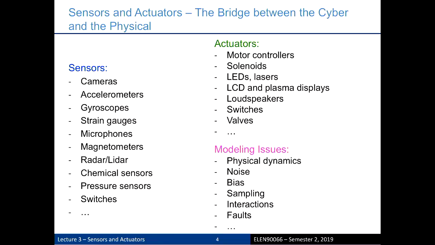Sampling. This is a big one as well, in particular with IoT stuff. Depending on sample rates, we may miss things. We may alias signals. This is a big problem as well. As I'll say later on, when we look at aliasing, a lot of IoT stuff now, the underlying sampling that goes on of those particular sensors, and think of any of these things as being maybe IoT sensors out there,